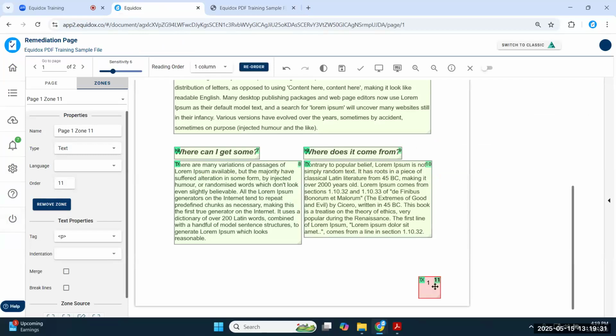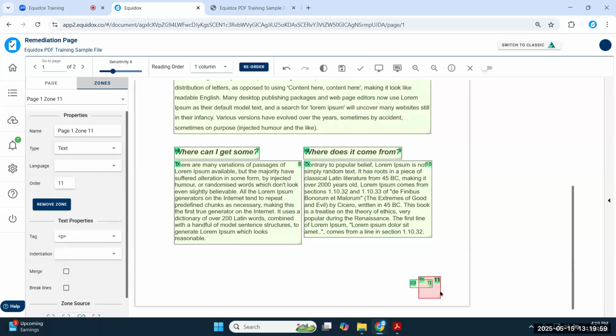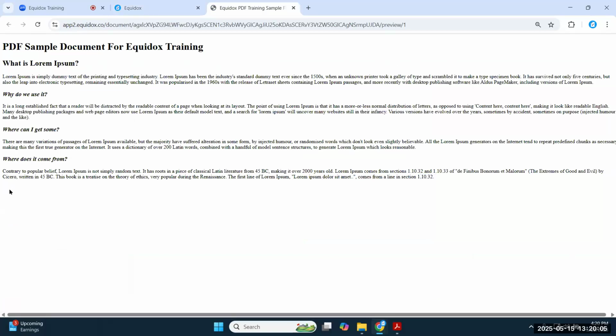You can hit backspace on your keyboard to get rid of them. But just to show you another little trick, I wouldn't really use this trick for a 2-page document, but I can put a little zone over this, in this general area of the page where it's intersecting with the page number. And I can hit I on my keyboard, I for ignore, or I can change this to an ignore zone in the drop-down menu. What the ignore zone will do is, despite the fact that I have a text zone around that number 1, the ignore zone is going to ensure that it's actually artifacted. So it's no longer included over here in the HTML preview.